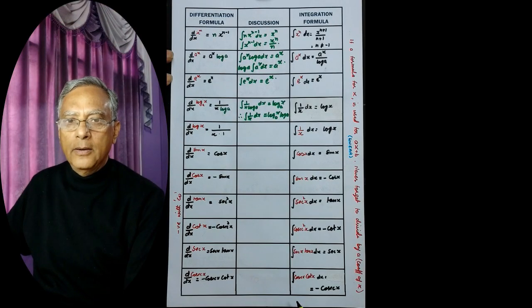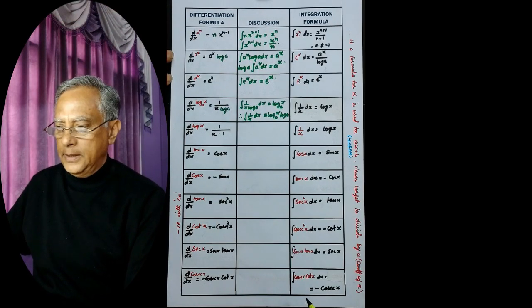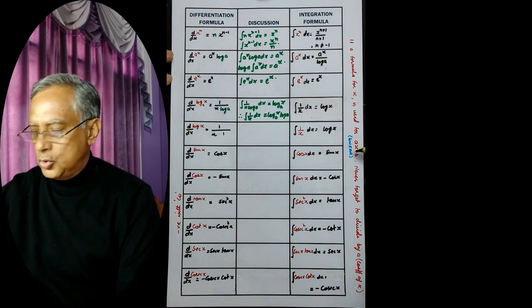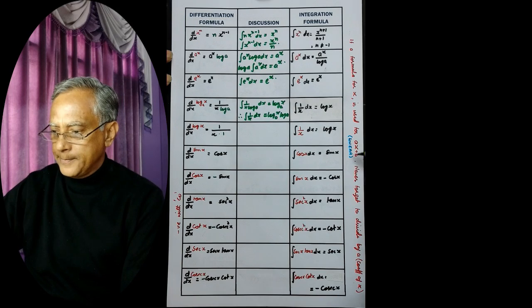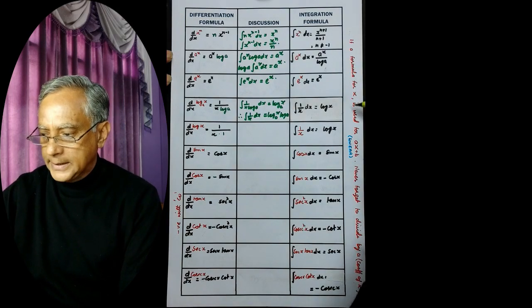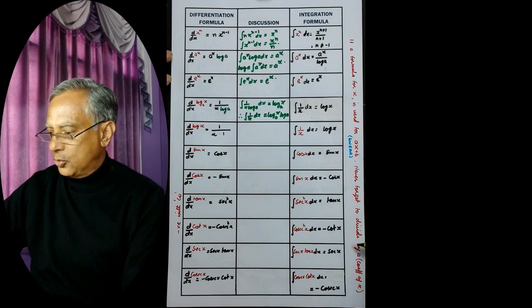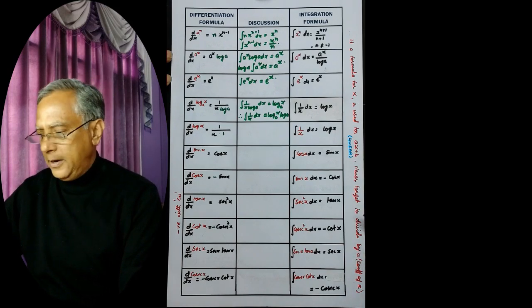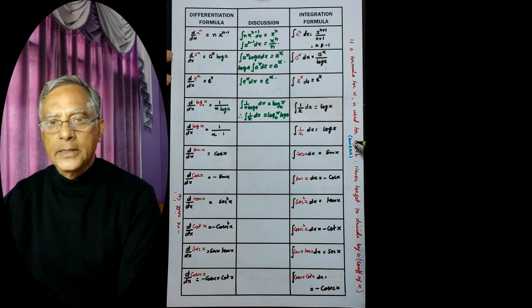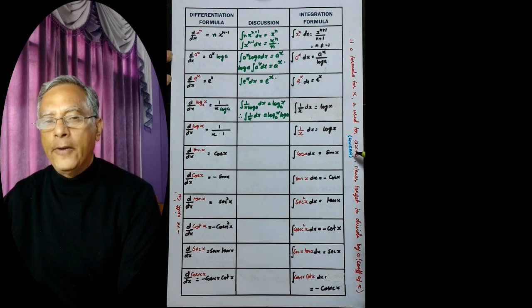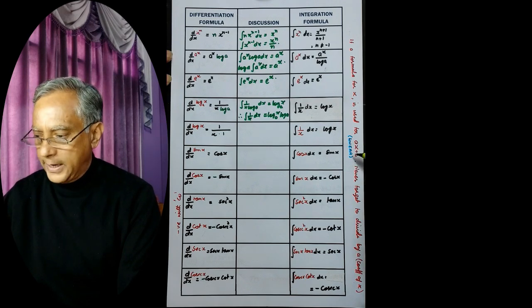And there is one very important note: if a formula for x is used for ax plus b, a linear function, never forget to divide by a. Never forget to divide by a. That is the coefficient of x. If a formula for x is used for ax plus b, we will have to divide the result by a. For example,